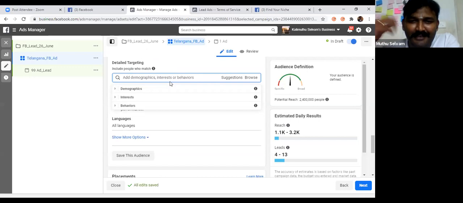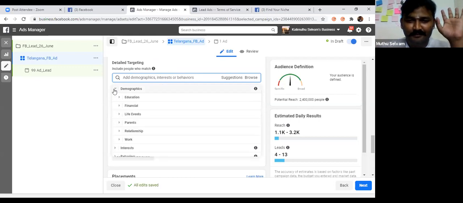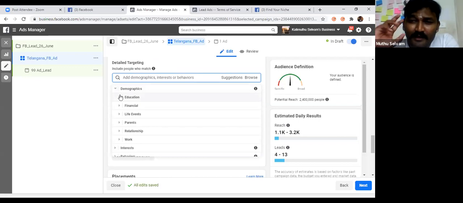Detailed targeting. Whether I am clicking this, is it right? No. I want detailed targeting. What kind of people am I going to target? As I told you, demographics. You just spend time very wisely. Click demographics. Demographics is nothing but what kind of people you are going to target. Then second is interest. You are targeting the people, what they want. That is interest. Okay, fine.